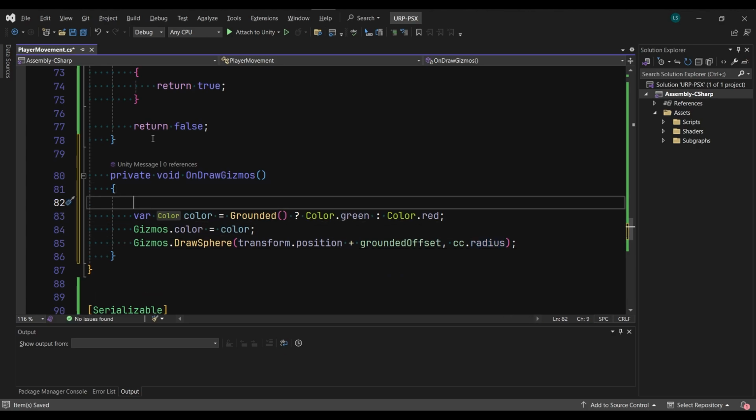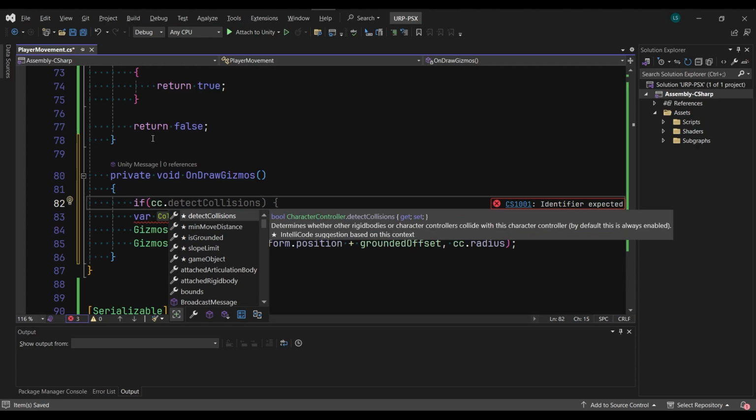And just so we don't get a null reference, because our CC is not assigned. And also we don't need it in the editor. We can do a CC as